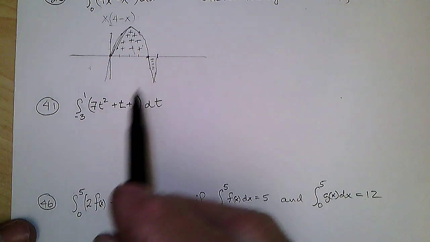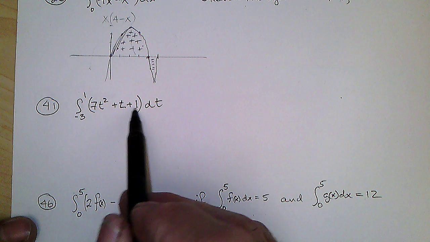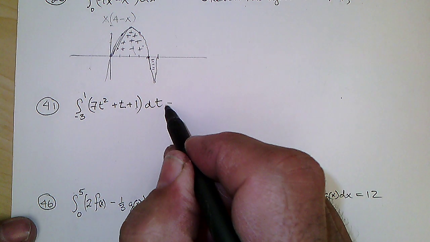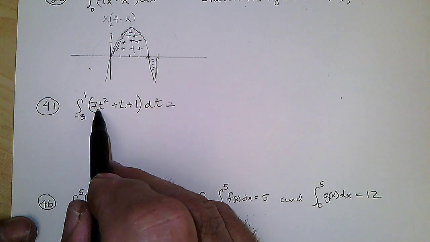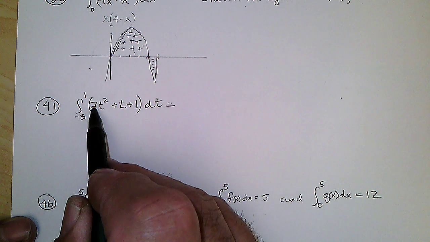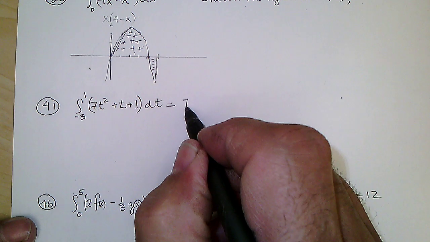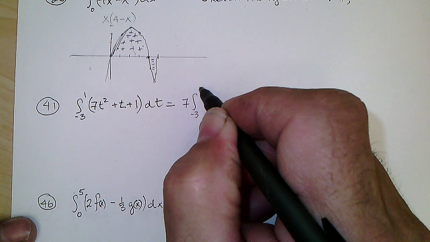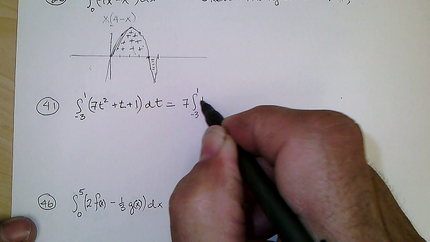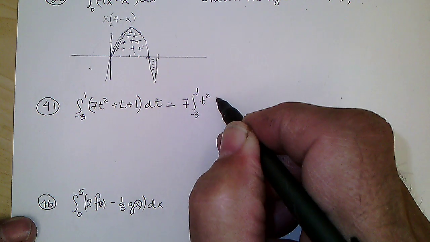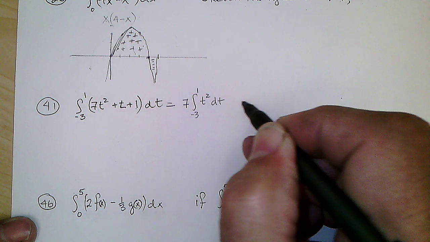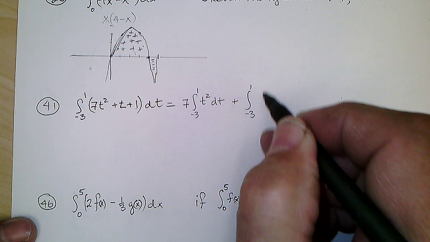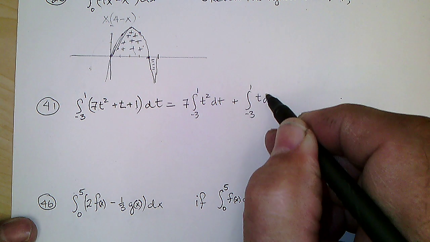41. I got another parabola, and I'm going from -3 to 1. But I can do this, split this up into 3 separate integrals. The constant comes out of the first one, so I'm going to have 7 times the integral from -3 to 1 of t squared dt plus the integral from -3 to 1 of t dt